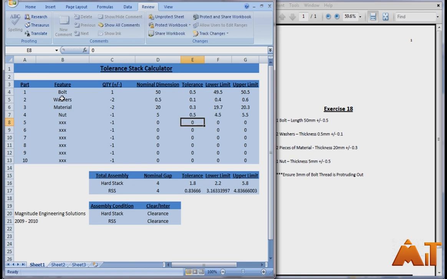Now what this allows you to do though is that when you're sourcing out parts, obviously if you get a part that has a tolerance which is larger, it costs less money than a tolerance that is tighter. So if you know that your design condition is 3 mil and the RSS is what you're using as your gauge, we still have 0.16 with our RSS lower limit to go either way. So with the washer, let's increase the tolerance to 0.2,